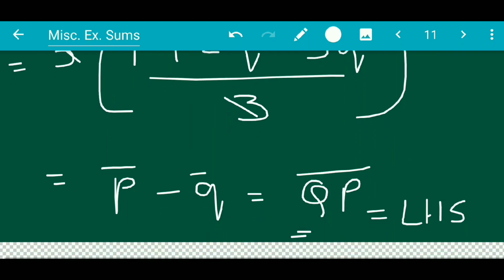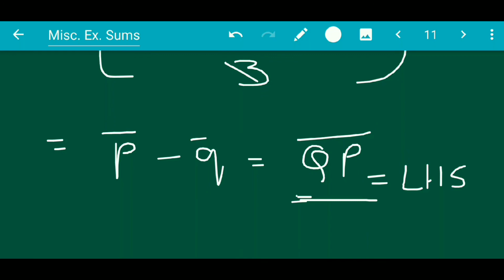So these are the sums based on section formula which have been given in your miscellaneous exercise 5. So with this we complete the entire topic on section formula. We are of course going to apply the formula whenever it is needed. But in the next lecture we are going to go on to the further concepts of the lesson.